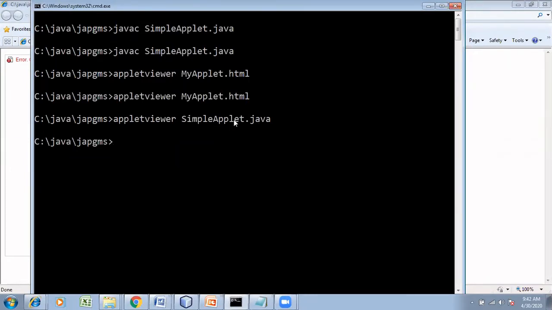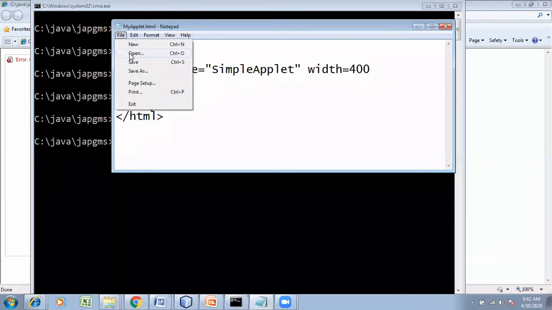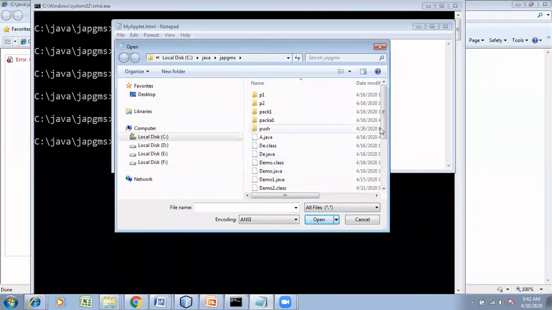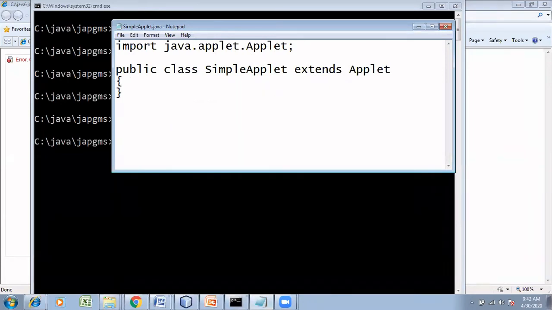So how do I make this simple applet program have an applet tag? For that, just open the simple applet program. Now in this you can have the applet code.